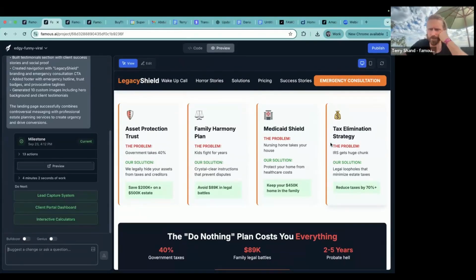Obviously, I don't know exactly what business, what market, what everything you're going for. But imagine just generating your own landing pages. I'm sure you have, but take note of how I prompt it in the beginning to make it a bit more edgy, a bit more controversial.